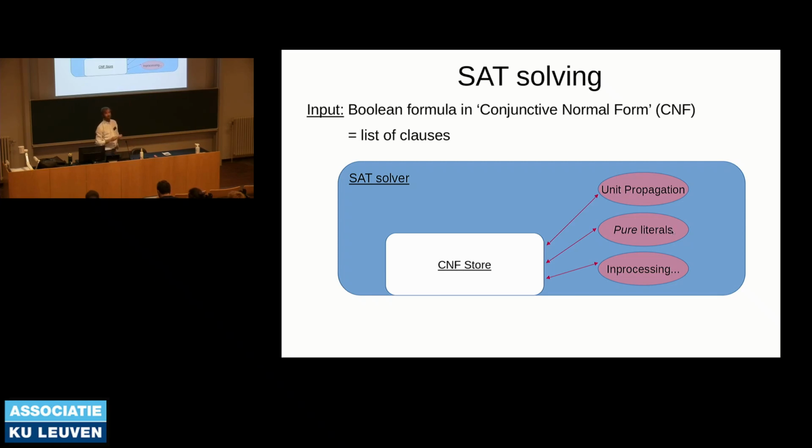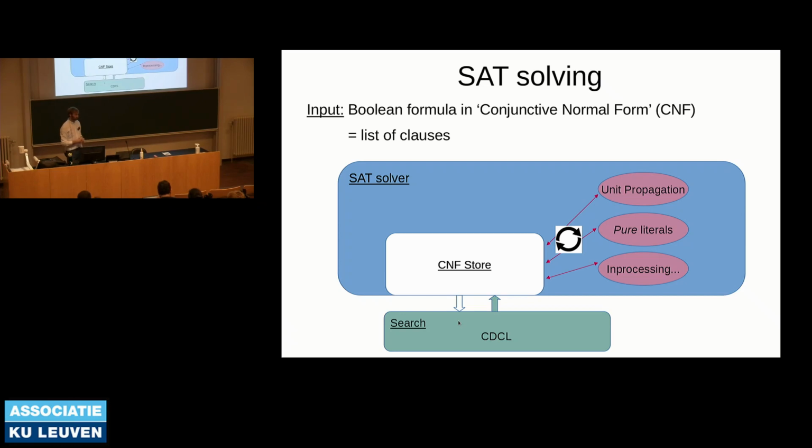There are also techniques like pure literals. If a certain literal only appears positively, for example, if there's nobody that doesn't want ketchup, and there are a few people that want ketchup, then you know you can just set it to true. It will only make some people happy, and it will not hurt the other ones. And then there are many, many more in-processing techniques, many more things that are done on this CNF store, until nothing can be propagated anymore. And then at that point, the search will start, and in modern SAT solvers, this is